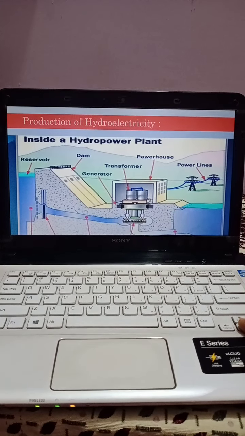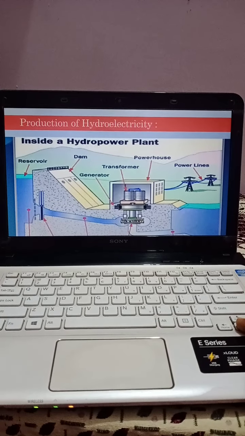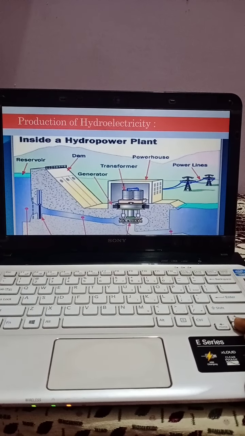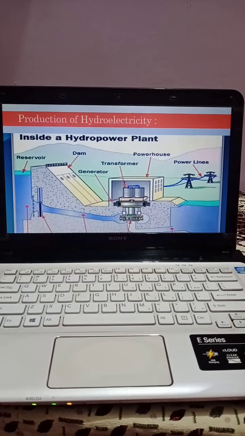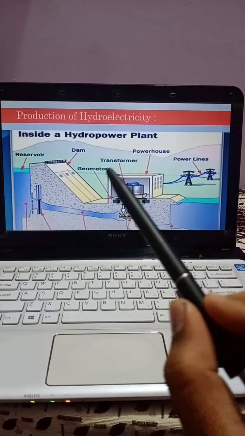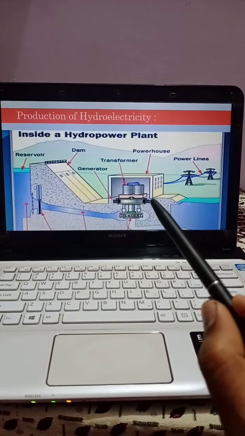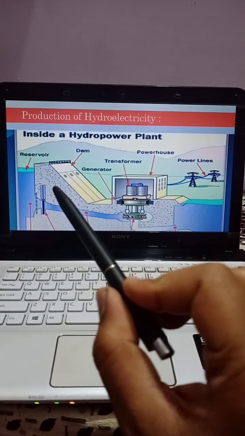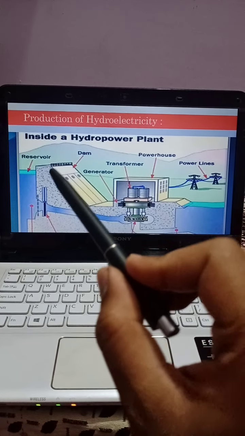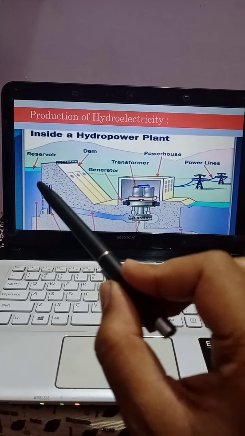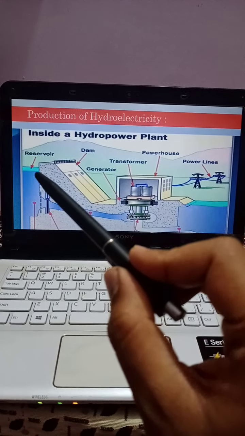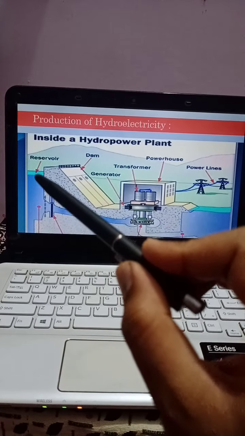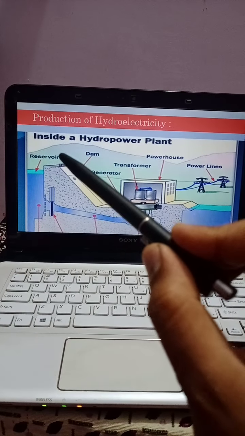Under this topic we are going to see how this law of conservation of energy is related in the case of production of electricity with the help of hydroelectricity. This is the diagram given. This is the reservoir, this is the mechanical part, the powerhouse where the electricity is generated, and then it is transferred to homes. In the case of a dam, which is a reservoir, the water is stored, which means that as the water is stored at this point, we say that potential energy is gained by this water. When the water starts flowing through this dam,